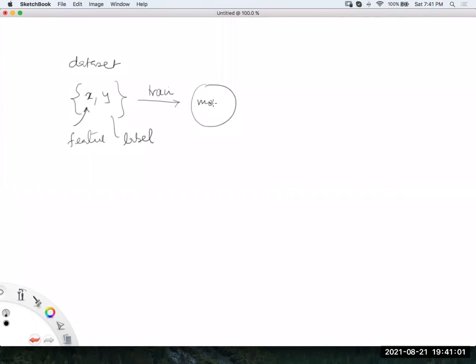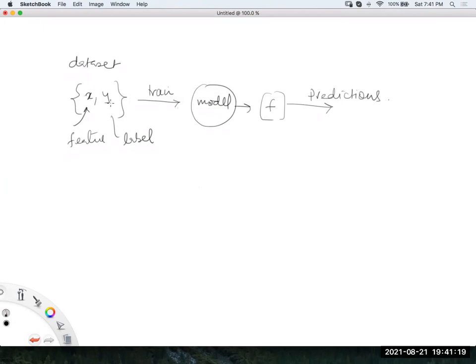Yesterday I told you that you have a data set, where X is your feature and Y is your label or target or response, you can have different names there. This is known as a data set, and you make use of this data set to train your model so that the model can give you a mapping function. Once this mapping function is known to you, you can make use of it to perform the predictions.